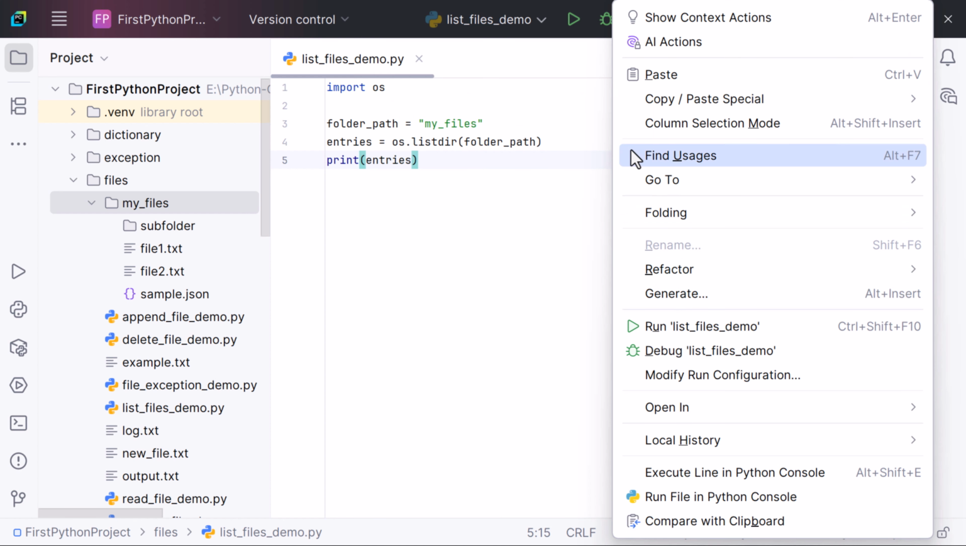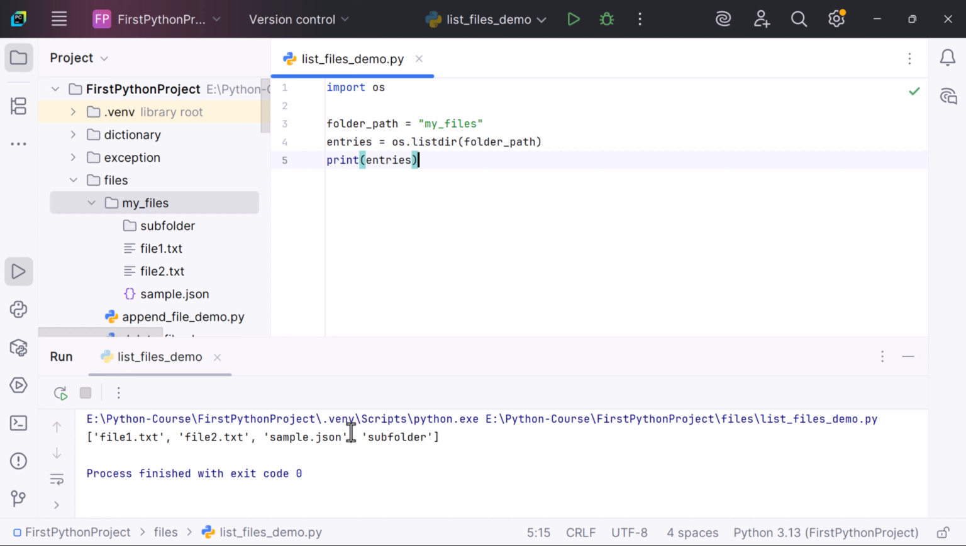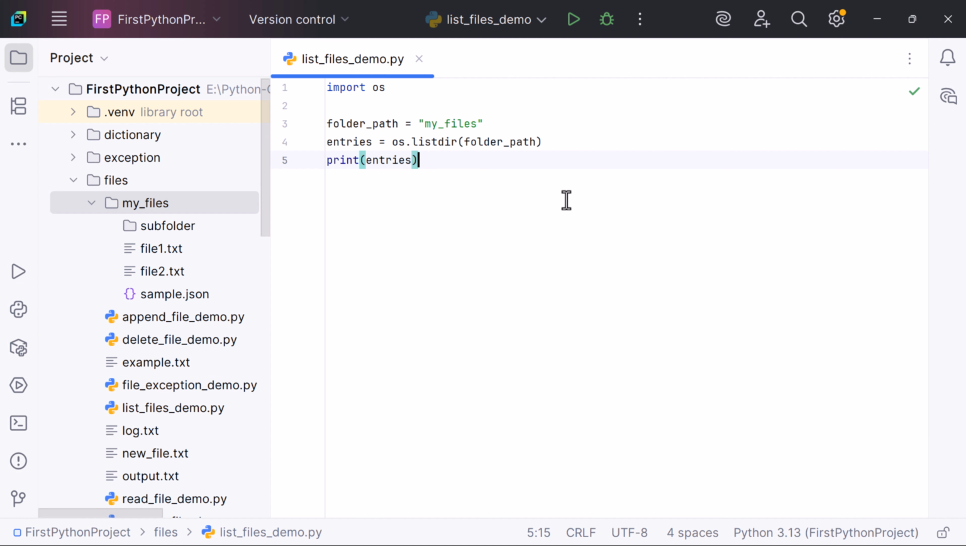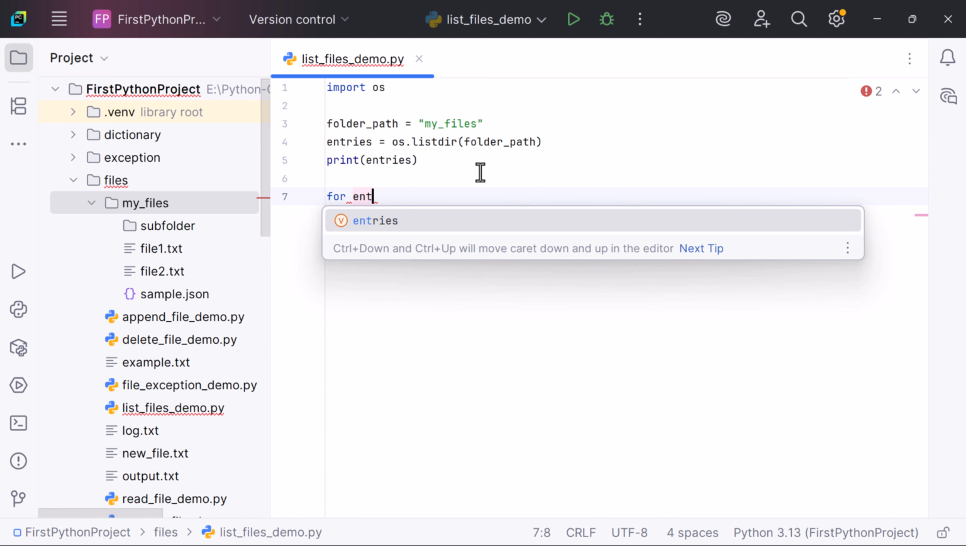Let's run the program. You will see a list of file names and folder names all inside the files folder and also the subfolder names. Perfect. Now let's filter out only the files, not the subfolders. We use a for loop. We say for entry in entries: